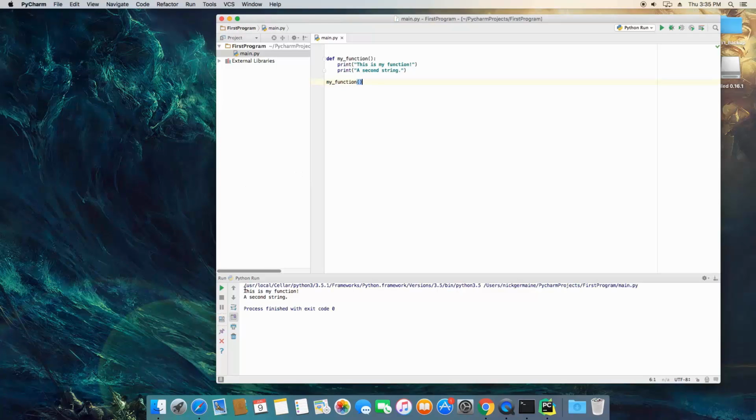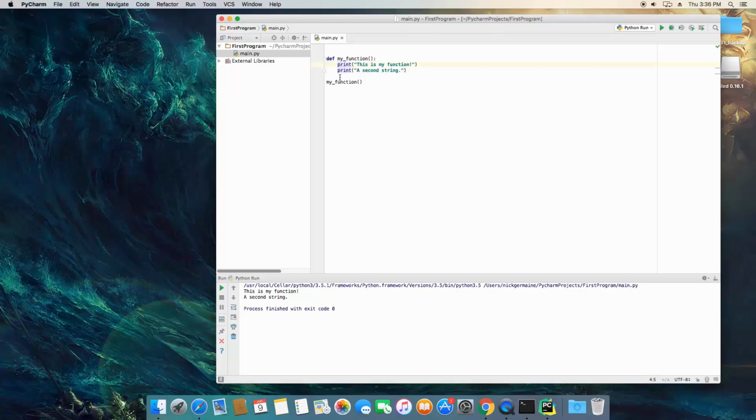And as you'll see down here in the console, it first printed out, this is my function, and then it printed out a second string. So if we look up here at the code, again, we're going to go over the flow of this one more time. We're defining a function. We're naming the function myFunction so that we can call it by that name. And we're putting brackets here, which will contain arguments at some point. You don't have to. If your function doesn't take arguments and doesn't need outside information, just don't put anything in there. And then a colon, which starts the indented block of code on the next lines, which is indented 4